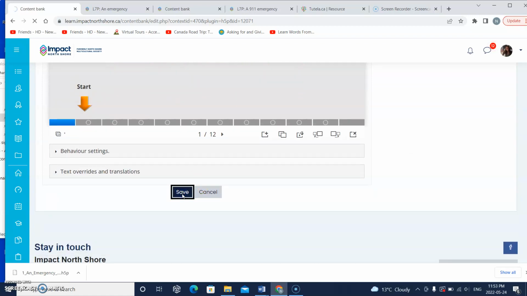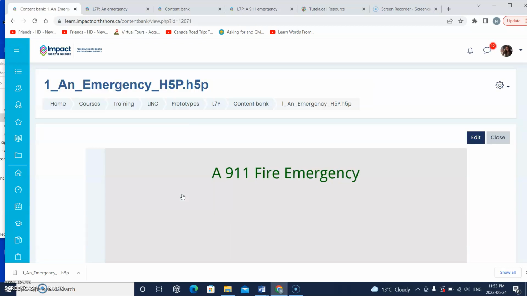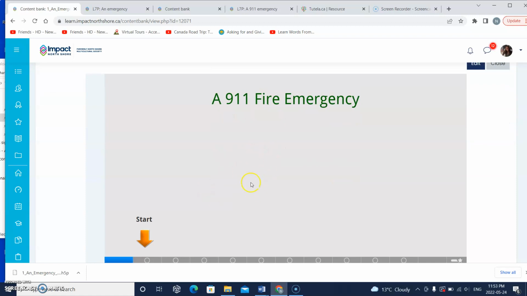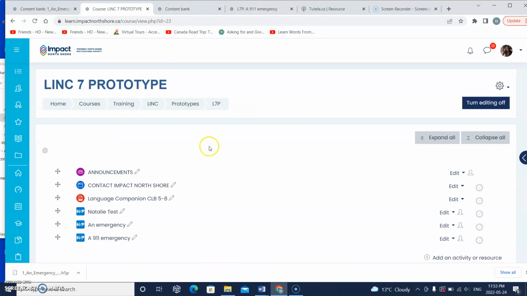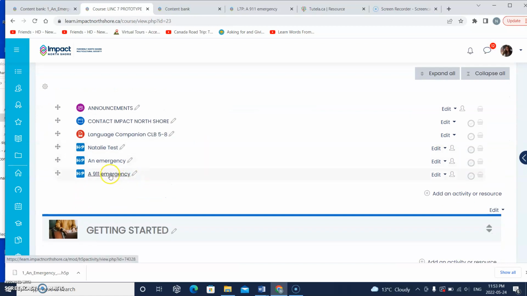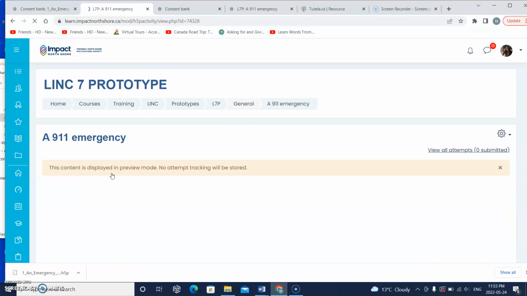And I'll save it again. I have to save it in the content bank. Okay, so I just went into the content bank and re-edited this, did some more edits after I've added it to my course. Now, if we look now at an emergency, actually, let me just make sure I'm on the right one that's connected to the content bank. I'll just go back here. Okay, a 911 emergency, right. So if I click on this now and wait patiently